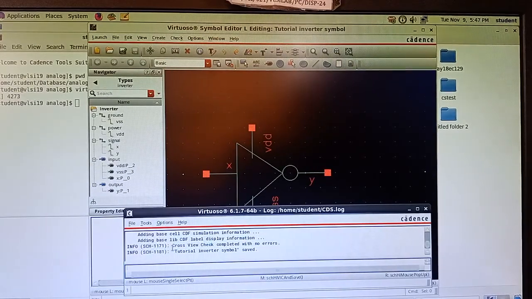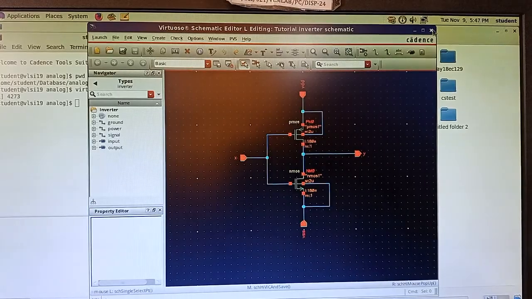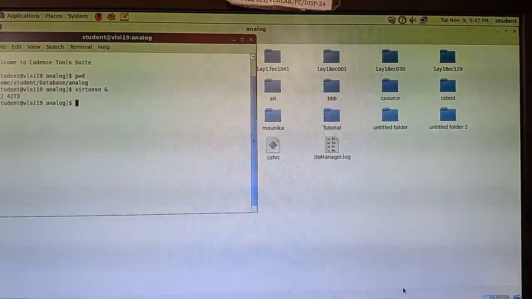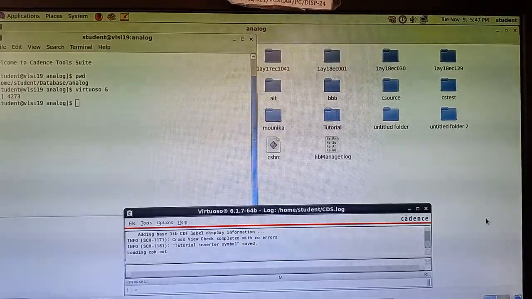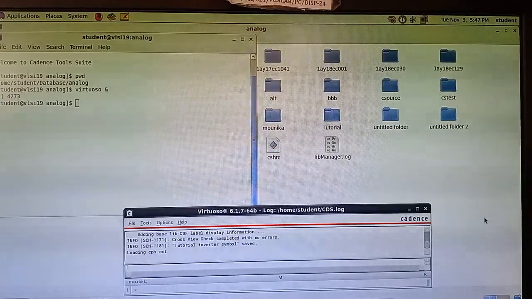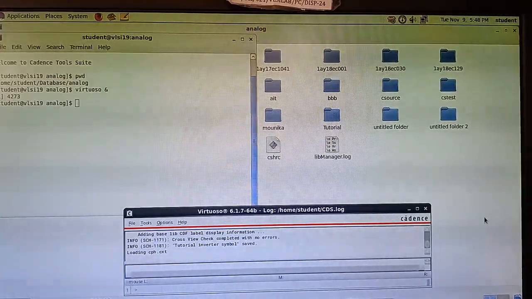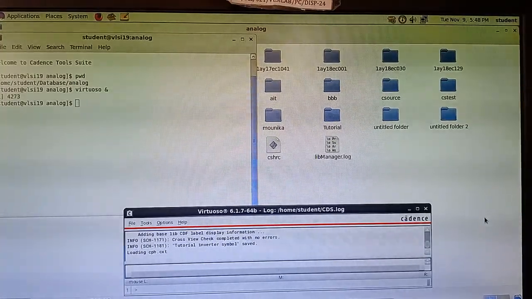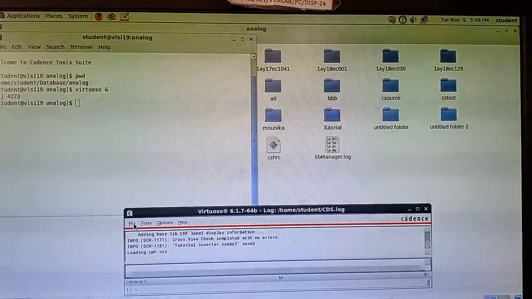Left here. Okay, so you can minimize this. Now you can close this symbol window as well as schematic. Okay, now what you have to do is create the test circuit. Now we have to test the functionality of the design, whether my inverter is performing or working according to the design. Okay, so for that, go for File,